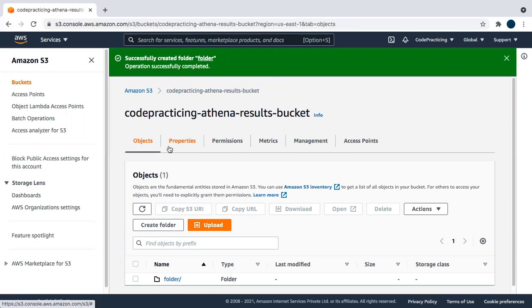Now we will set our query result location in Athena settings, so that after we run a query, the result will be saved in this bucket. To set this, we'll go to the Athena console.